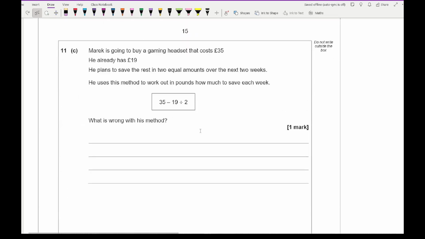Then moving on to 11c, it says Merrick is going to buy a gaming headset that costs £35. He already has £19. He plans to save the rest in 2 equal amounts over the next 2 weeks. He uses his method to work out in pounds how much to save each week. And it says what is wrong with his method. Again, one of the problems that he's got is the use of BIDMAS. So here what we need to do is use brackets